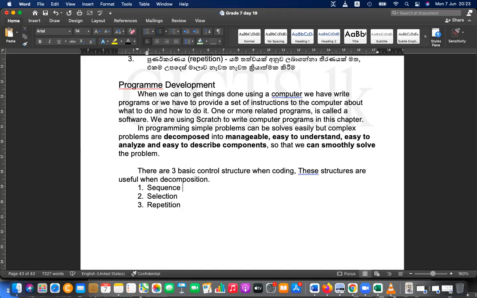Sequence means execute the instructions one after another. Selection: select or choose the instruction execution path based on a condition.